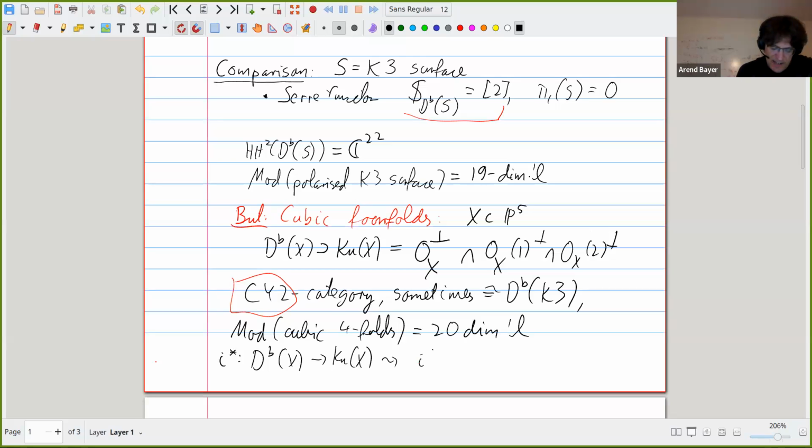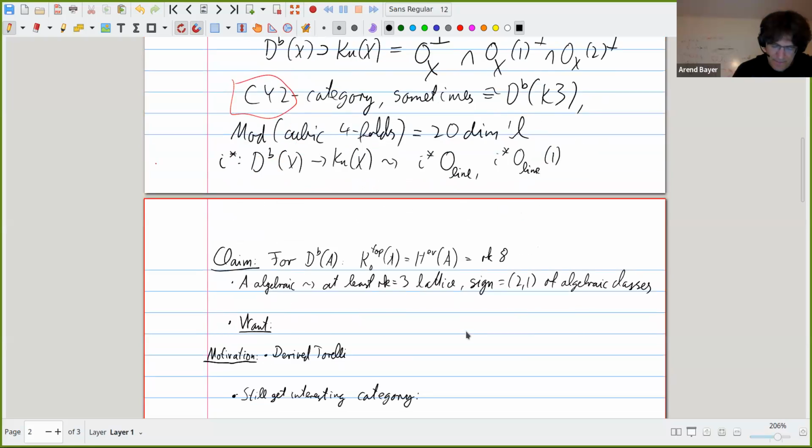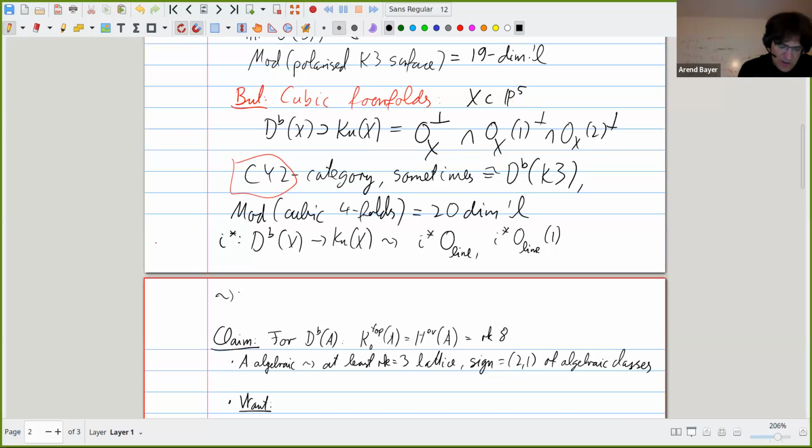And from that, just applying this to the structure sheaf of a line and the structure sheaf of a line twisted by 1, this gives me a rank 2 lattice that's isomorphic to the A2 lattice of algebraic classes in this component,